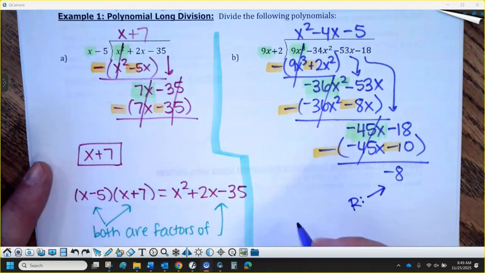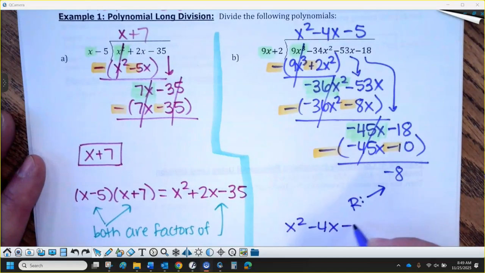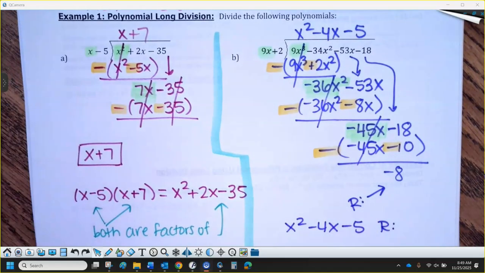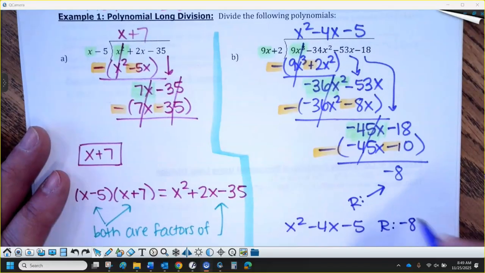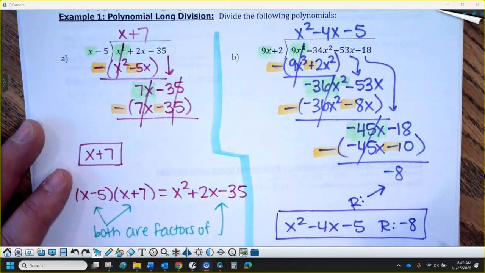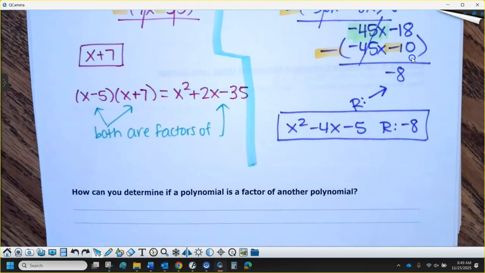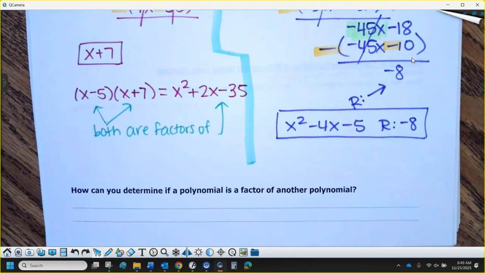So my answer to the question would be x squared minus 4x minus 5, and you can just write r for the remainder, and it's totally fine for that to be a negative number. That is my answer to the question. The remainder could be negative, it could be positive. It could also be an expression. I don't think I have any questions where it's an expression, but it can be positive or negative when you're